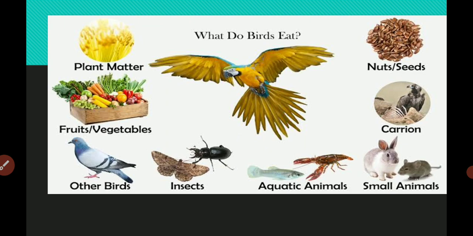Now all of you have understood what birds eat. Eagle. Do you know what eagle eats? Eagle eats fish, dead animals, snakes, frog. What does duck eat? Duck eats pond weeds, seeds, insects, worms, fish. Crow. Crow eats frog, insects, grains, nuts, mice. So here you have to learn what birds eat. You have to study about the food items of birds.